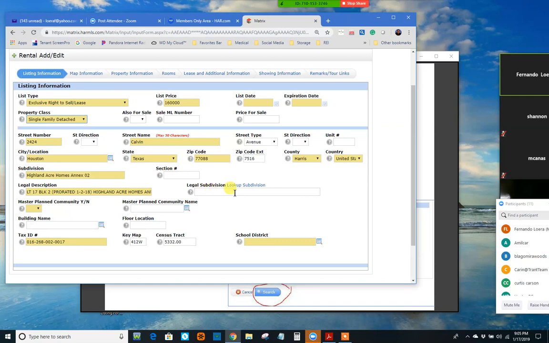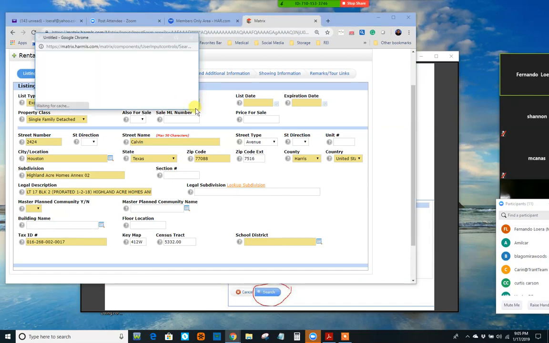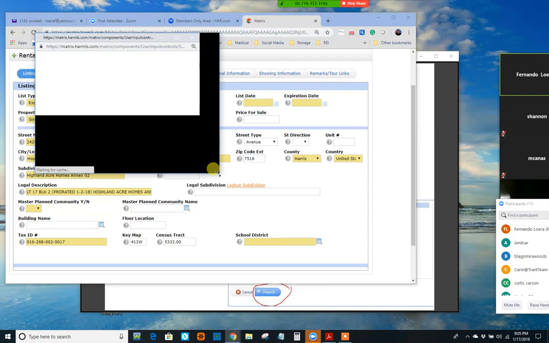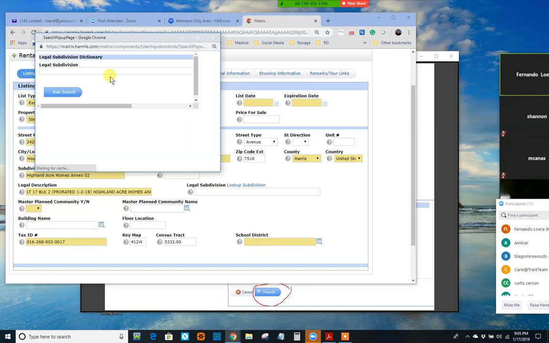The legal subdivision, whenever you're wanting to fill out fields that are in the white field colors, like this one, you're going to see some hyperlinks or some lookup tables. For example, if you want to look at the legal subdivision for this property, you would click this lookup subdivision, and it brings up a dialog box. Now, I'm familiar with the subdivision because I live in the subdivision, so it's going to be an easy search for me. But you can type in,